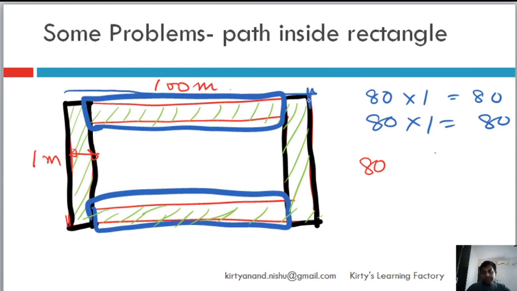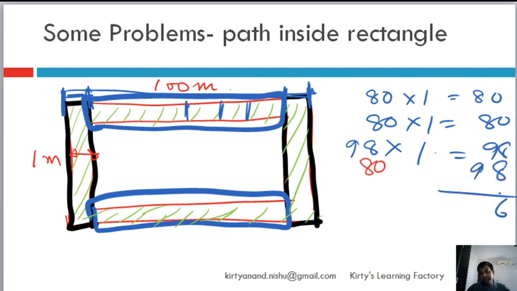Now this rectangle, the length is this entire length, 100, from this point to this point. Now this is 1 meter because width is 1, this is also 1 meter. So this length is what? 100 minus 2, 98. And the width is how much? This width is 1 only, right? So it is 98. There are two of them, so another 98. Let's add them. 8 2 is 16, 9 2 18, and 8 26, and then 8. So yeah, that's the area.